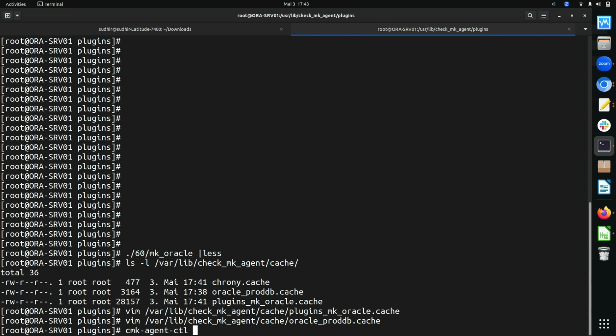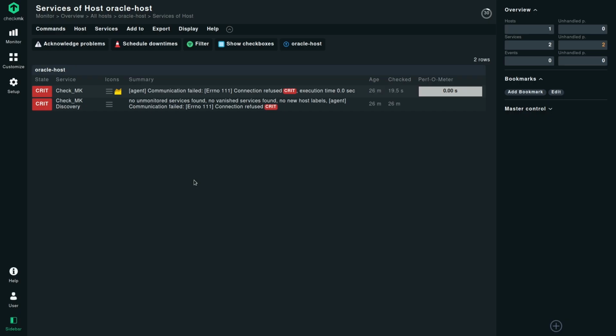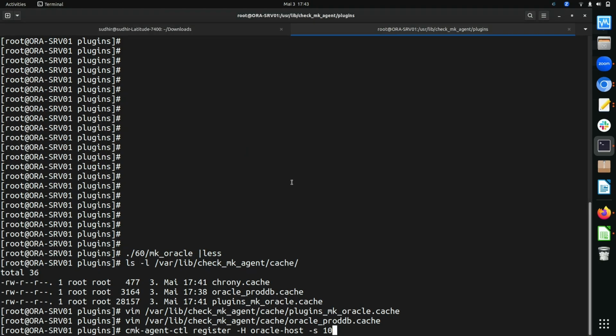It should be done by the cmk agentctl command. Let's register the host. It will be the Oracle host with the server that is gonna be my 10.203.8, which will be my demo instance. This will be my site, the user, and we will fill out the password when it asks for it.